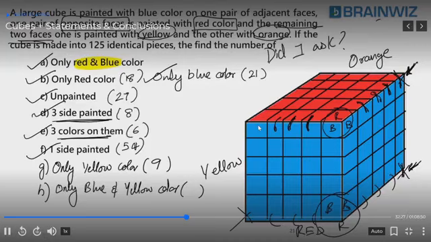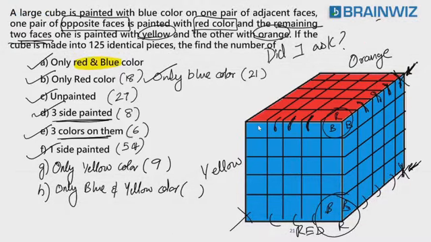Some people are saying 6. I don't know from where you are getting 6. It's 3. Nadeem, where does 6 come from? Blue, yellow, blue, yellow, blue, yellow. There is no other edge. This is blue, orange, blue, orange, blue, orange. These are not taken. So the answer is what? 3.